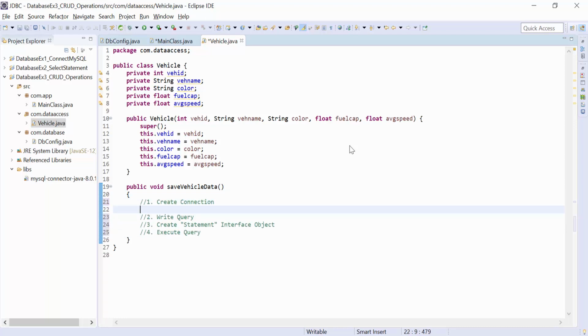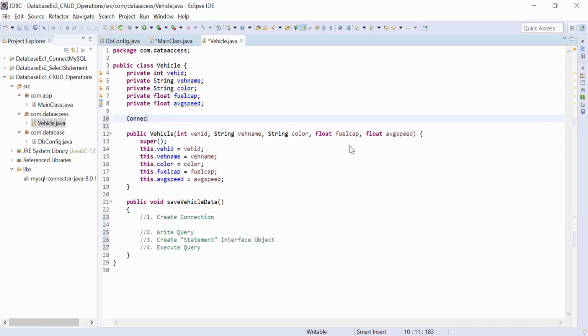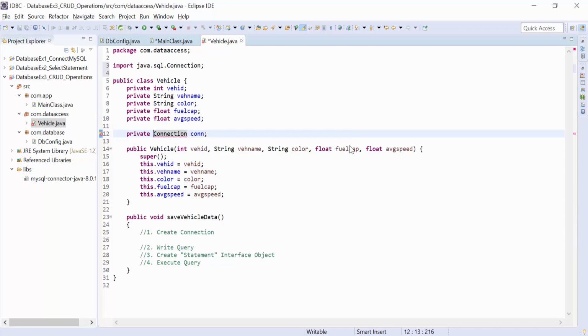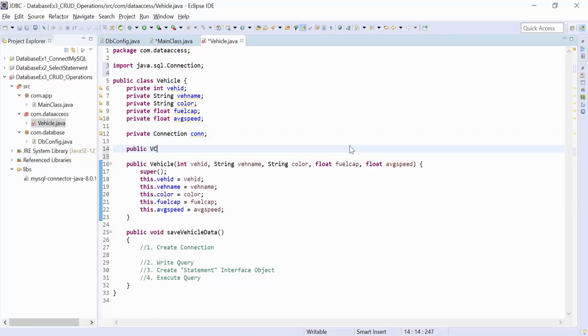Now first see how to create the database connection. We create one more object of type Connection. Okay, we need to import it from the SQL package, and when the constructor gets called, here we write public Vehicle as a default constructor.